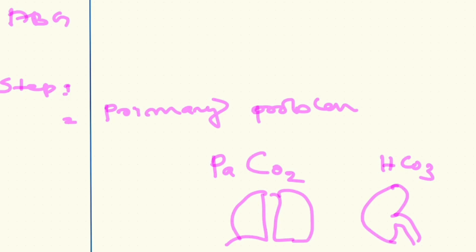Now the step 3. In step 3, we'll be identifying the causes for the primary disorder. So what is causing the primary disorder? I will explain this in a little more detail. So basically the primary disorders are,